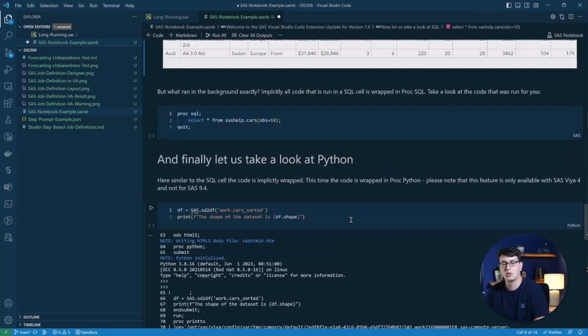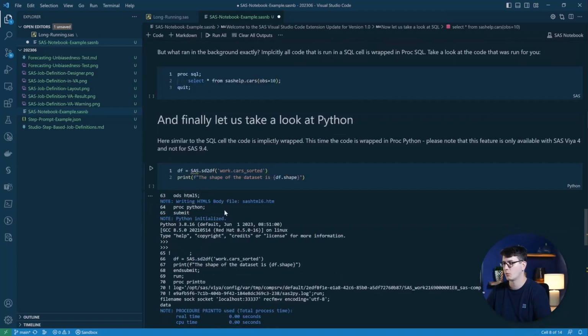And finally, we take a look at the Python code cell, which enables us to run Python code directly from a cell. And this also enables us to make use of the PROC PYTHON procedure, of course, in the background, because that's what wraps our Python code here. It's put in between a PROC PYTHON submit and endsubmit block, same as when you run your code in SAS Studio from the Python code editor.